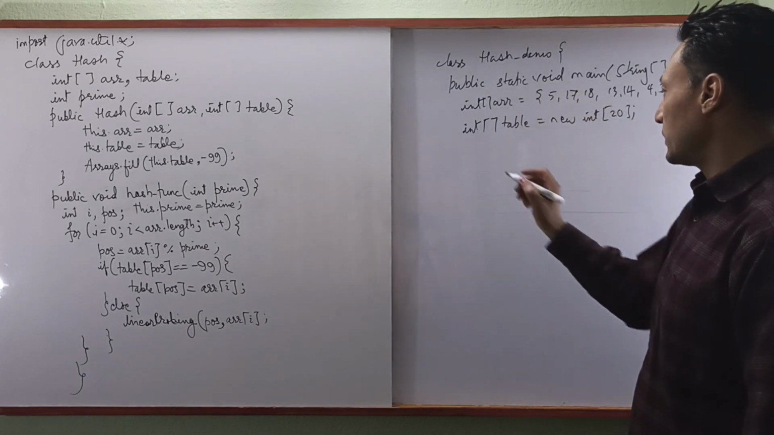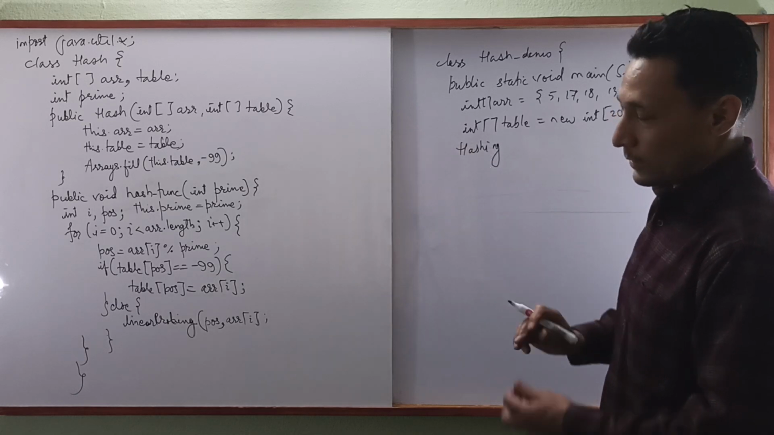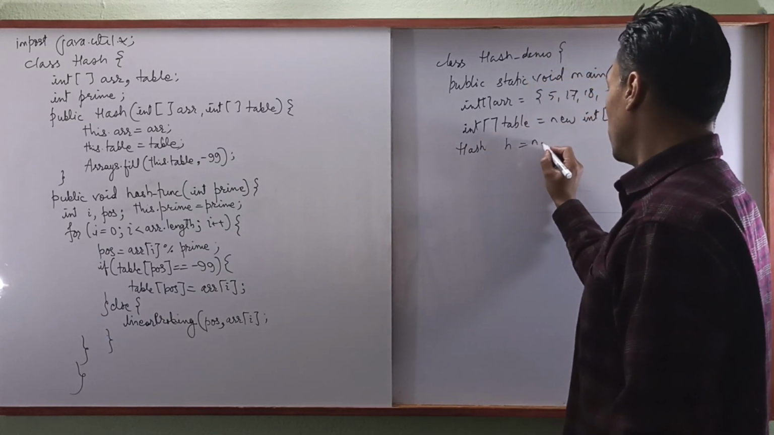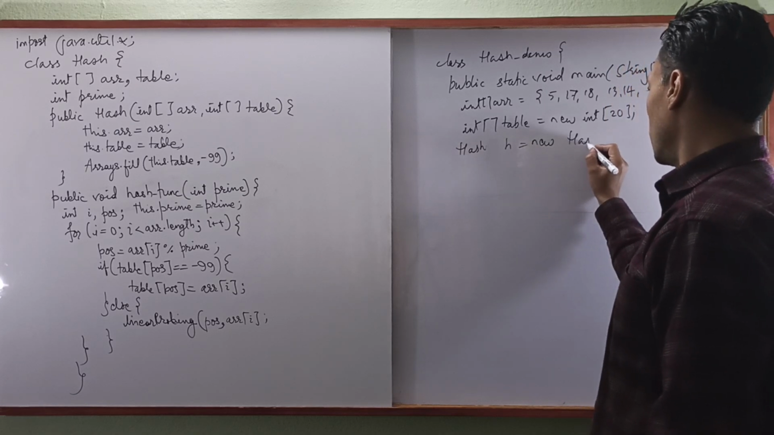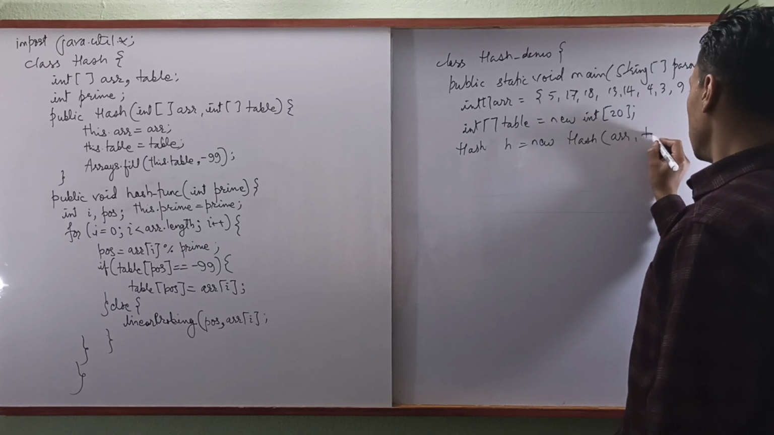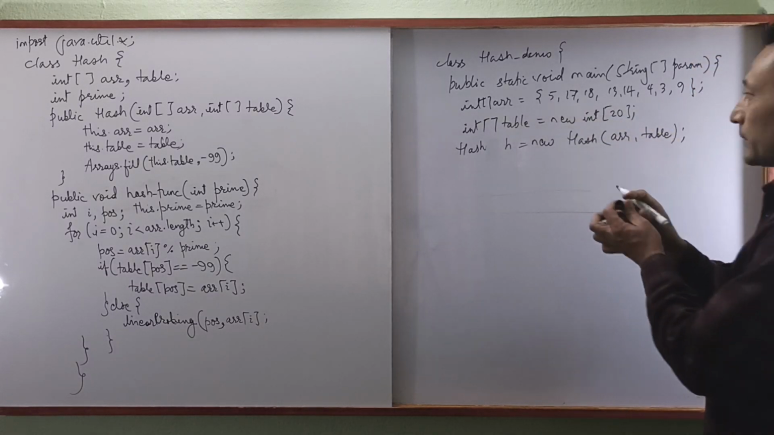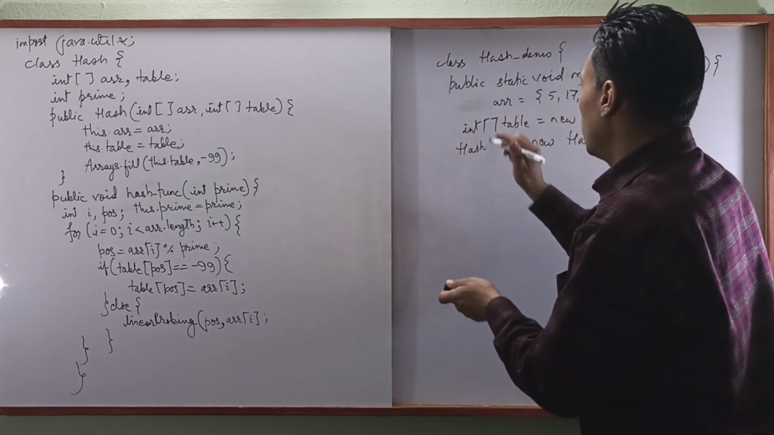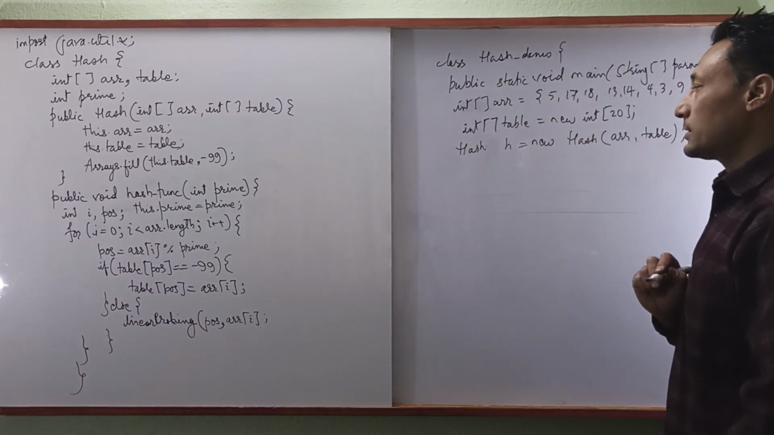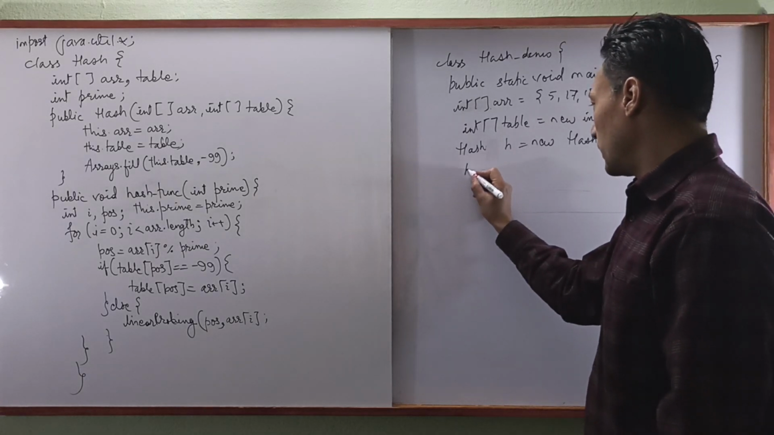Then what we have to do is create the object of hashing. Hash is equal to new Hash. Now this constructor takes this array and this table, so we have to pass the array and the table. Let's write it clearly. Now we are passing this. Now we have to call this method, hash dot